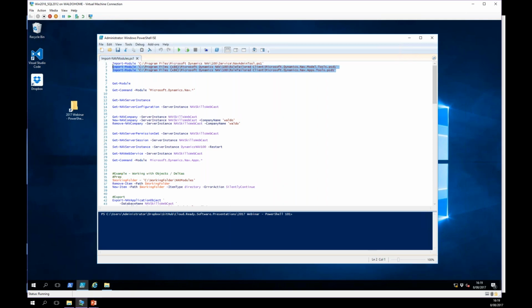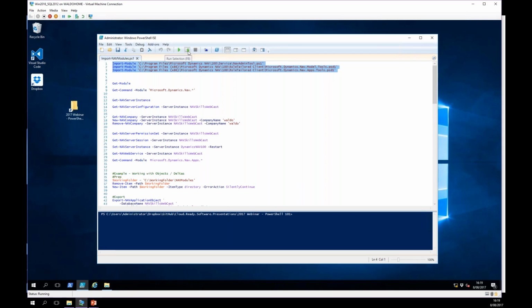You see here I have 3 lines, while Microsoft has got 4 modules. Well, this script is going to load the administration or the management commandlets for both the server administration, but also for the apps, so for extensions. Basically, this one is going to load 2 modules. If I execute this one,